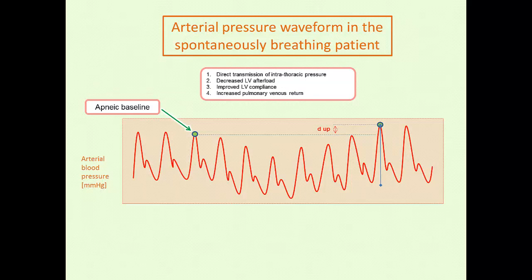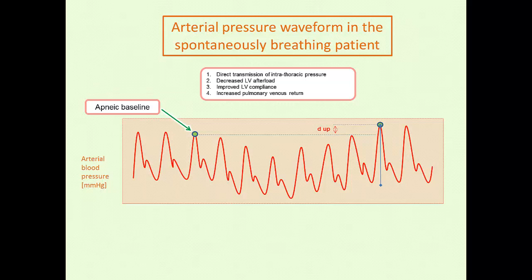So again, as the intrathoracic pressure goes up, if the patient grunts or bears down a little on expiration, you may have a direct transmission of intrathoracic pressure. There's going to be a decreased afterload effect after that drop in intrathoracic pressure, which may facilitate some LV unloading. There'll be some improved LV compliance during expiration as the RV shrinks in size. And again, you have this variable effect of pulmonary venous return during spontaneous ventilation, and that is during inspiration you tend to squeeze blood into the pulmonary veins,